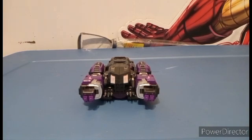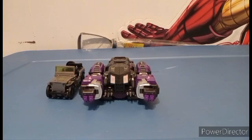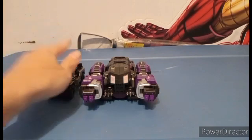So what does that leave? That only leaves the following. Where is it? Other comparisons. Well, let's bring in Deluxe Class Bumblebee. Yeah, this guy is pretty much a Deluxe, if not Small Voyager. So, let's bring in